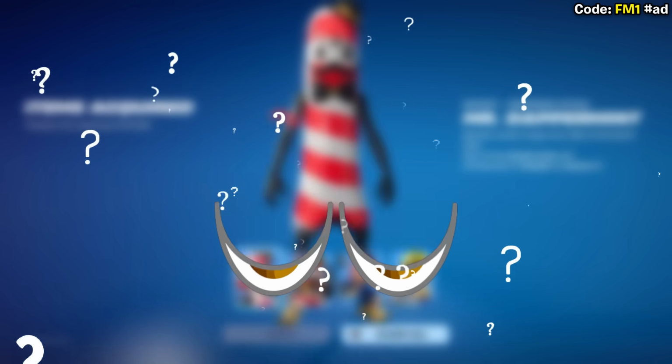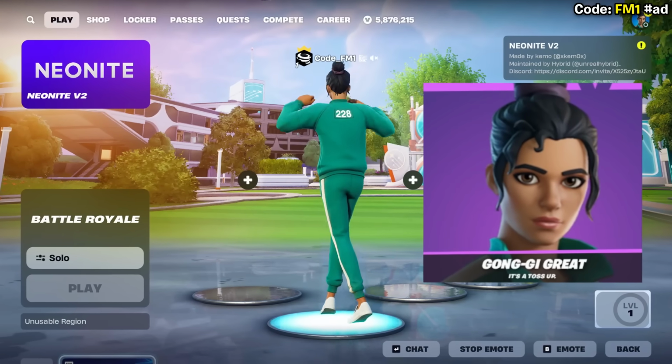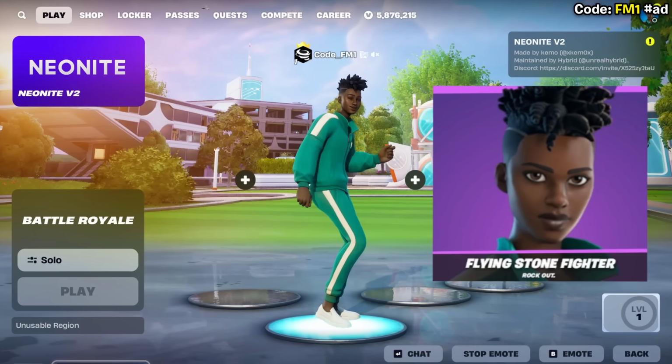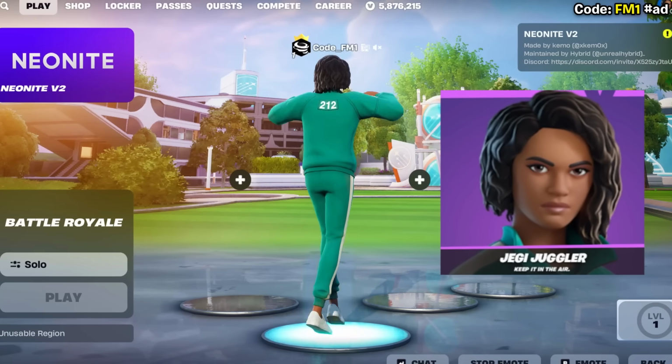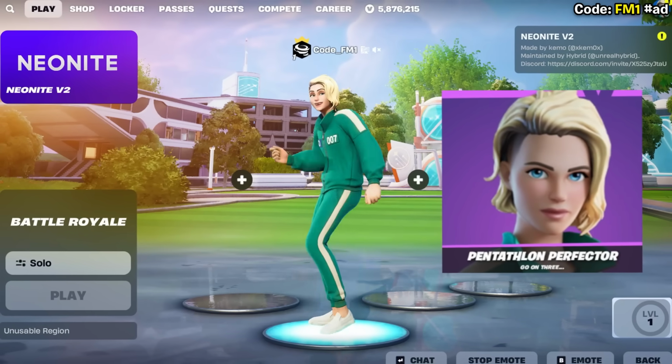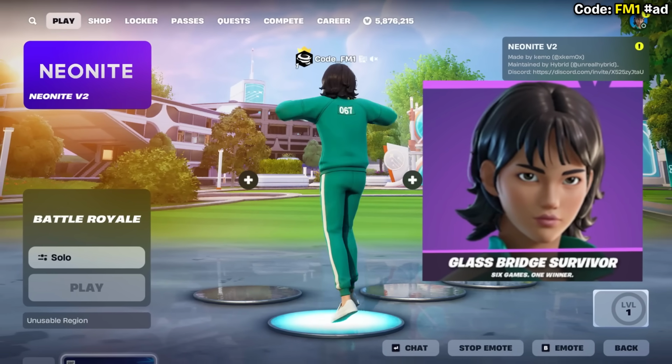The moment you've all been waiting for before we hop onto some more free skins, however, are the Squid Game cosmetics in-game early. Firstly, starting with the Gongi Great outfit, then we also have the Flying Stone Fighter. Next up, we have Jeggy Juggler, then we also have Pentathlon Perfector. This very interesting one called Glass Bridge Survivor, which is definitely a reference to player 067